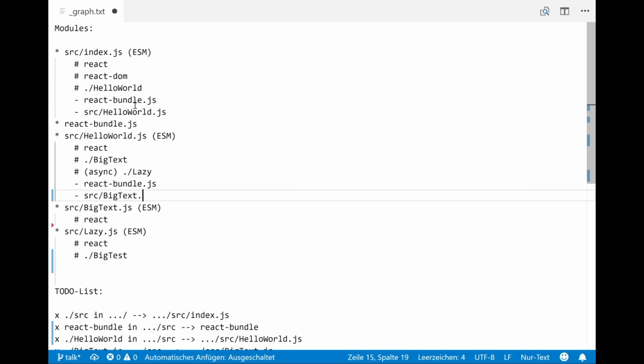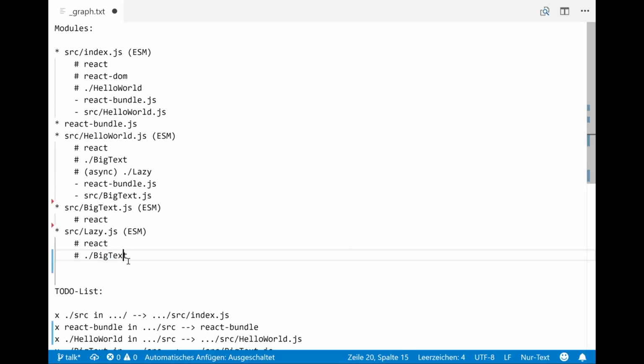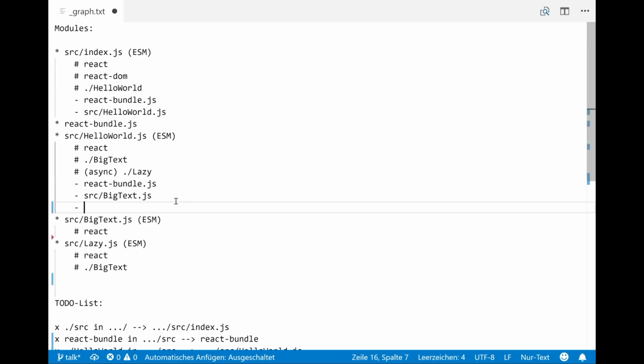Where's the big text? Oh, typo. It's very important to get this right. And we have this async imported lazy module. This always takes care of the async stuff because it's important later.